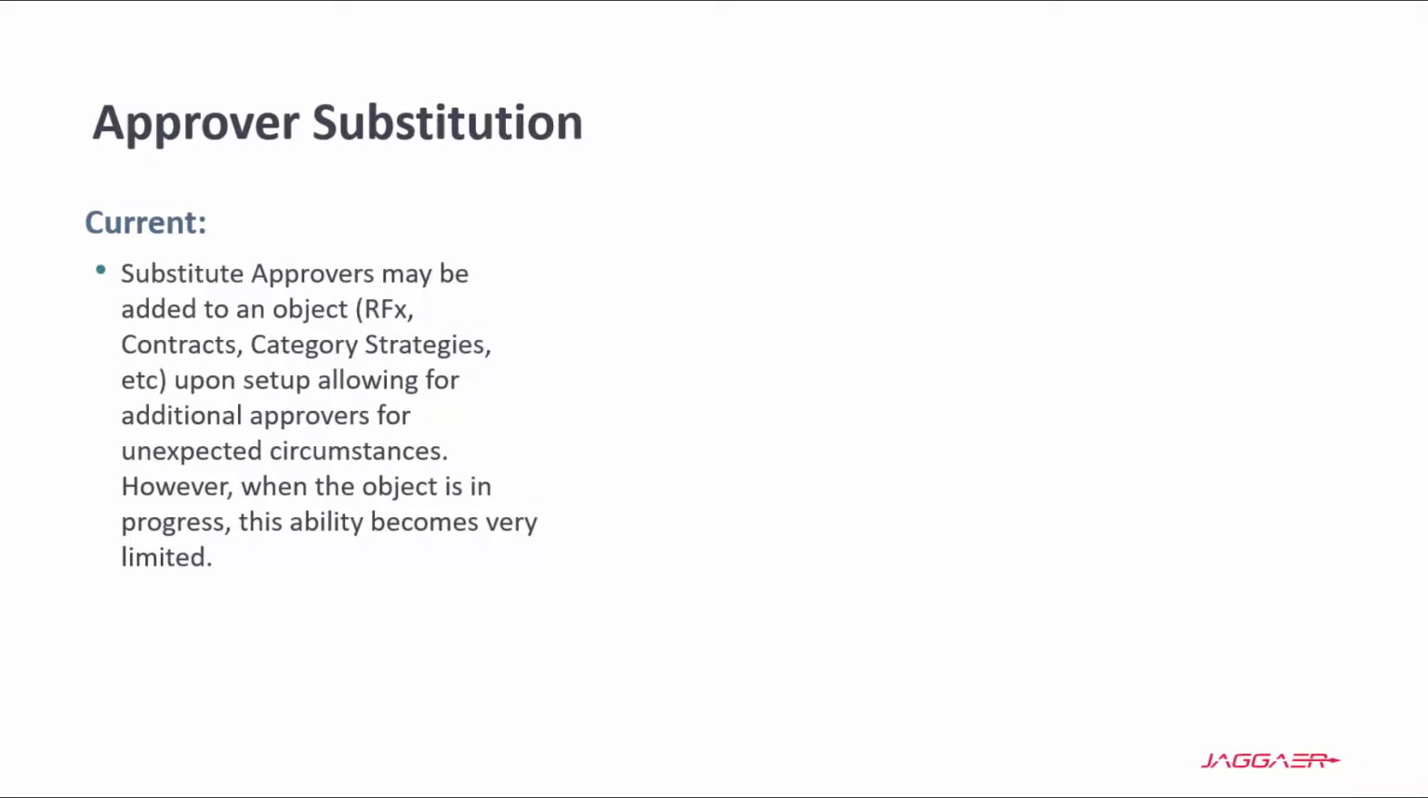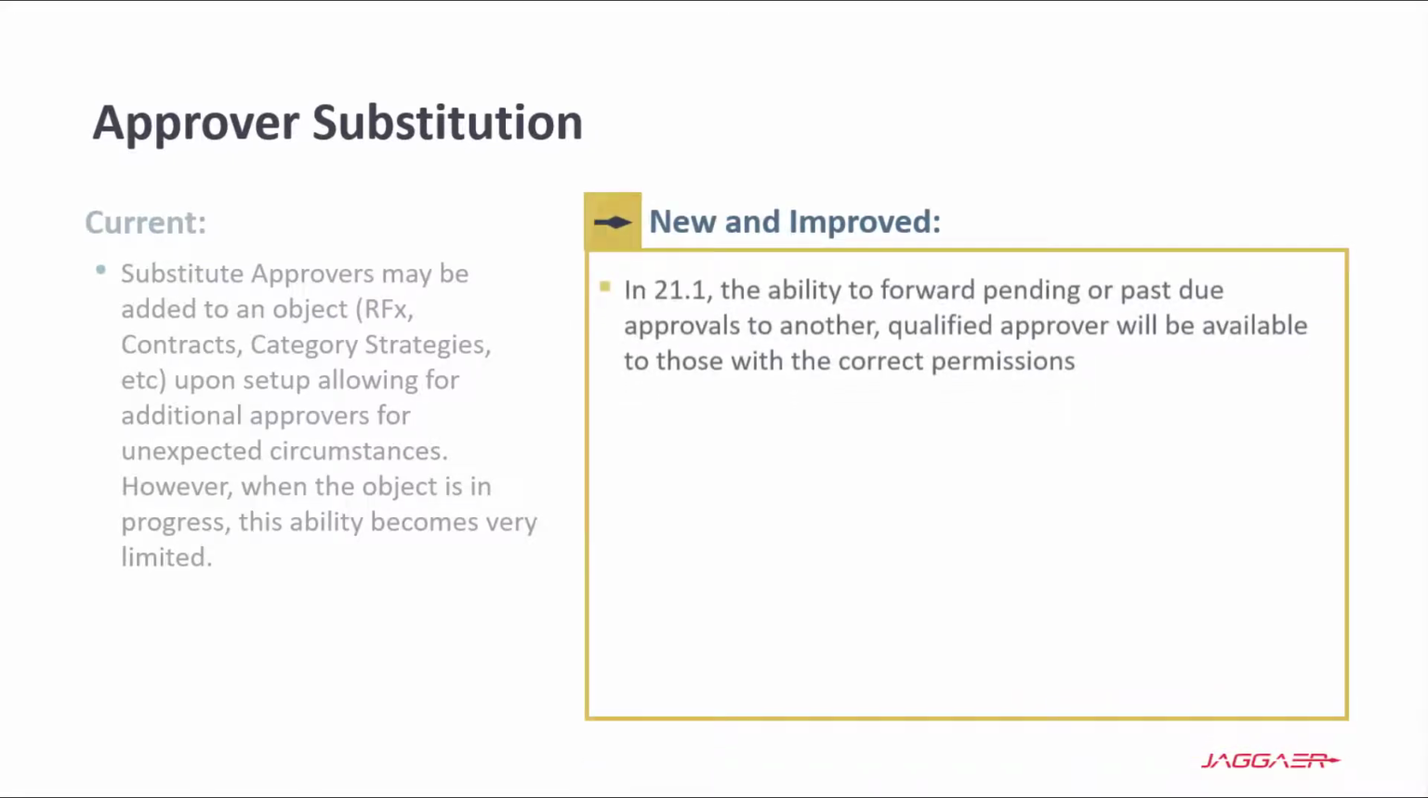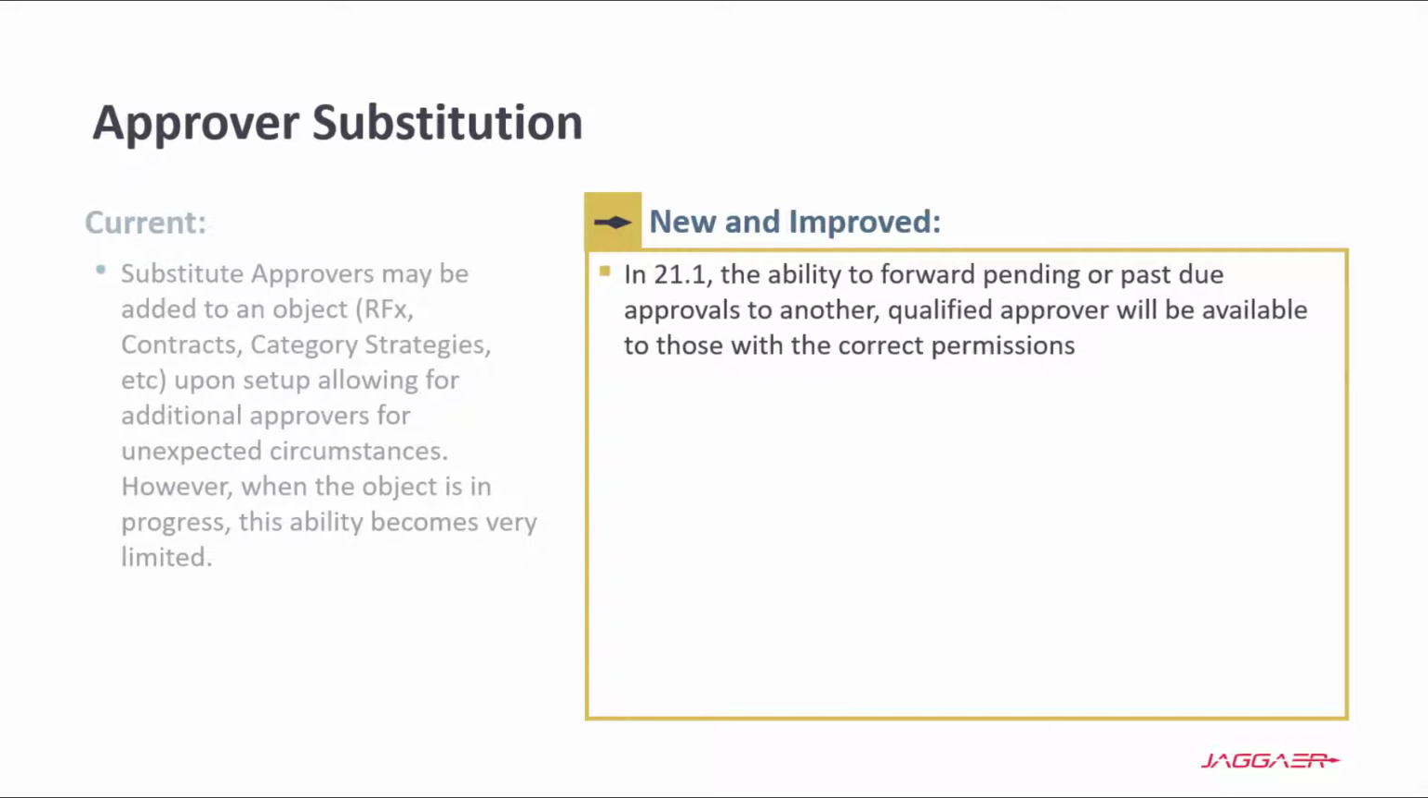Currently, substitute approvers may be added to an object, such as RFX, contract, or category strategy, upon setup, allowing for additional approvers for unexpected circumstances. However, when the object is in progress, this ability becomes very limited. In 21.1, the ability to forward pending or past due approvals to another qualified approver will be available to those